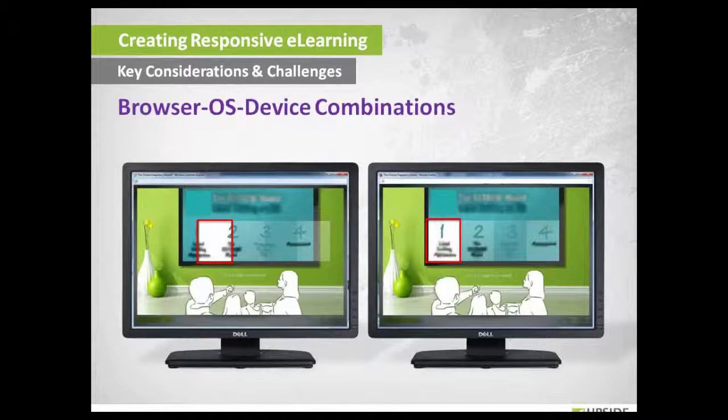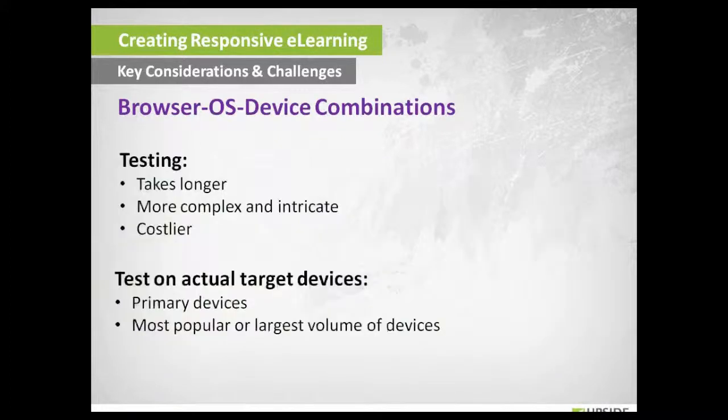Here's an example. If you see both these screens, the white box is misaligned on IE7 and works better on a higher browser. Because it is a hotspot too, it creates a problem when working with these hotspots and everything. So we thought about how we take care of this, and how we work with this.